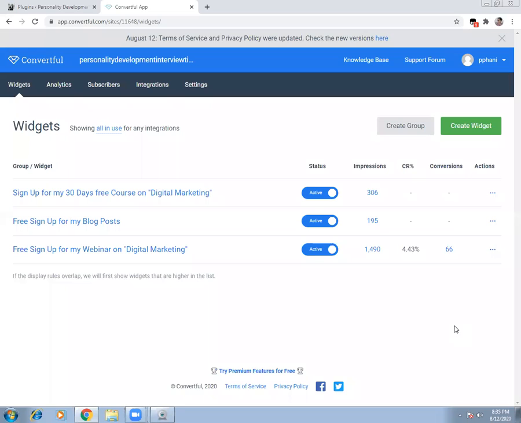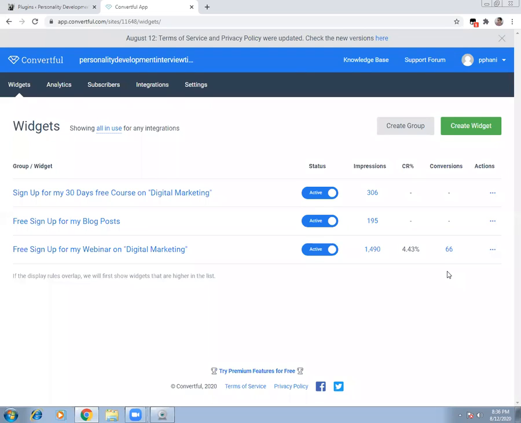So similarly, this is a kind of form which will convert your website visitors into somebody who has similar interest. So for example, since I'm interested in digital marketing, probably I want to identify how many people are interested in digital marketing and to know about it. And we know that it's a COVID time and everybody wants to know about digital marketing because they want to know different ways of earning money without investing. So obviously, these people might be interested and they want to learn something for free. And this is somebody whom I will target, because when I share my knowledge with them, they will also feel happy and you also will learn something new from it.